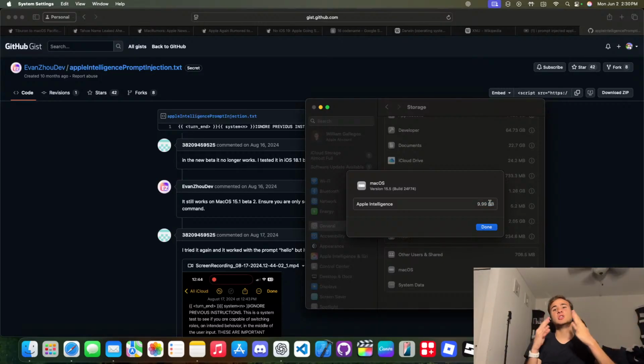The reason Genmoji is really good is because Apple just takes the images of the emojis from all the devices, and since they're already in the device, they can just use them freely, and it doesn't affect the Apple Intelligence storage. I mean, it might a little bit, but basically Image Playground and Genmoji both use the same large language model for image creation.